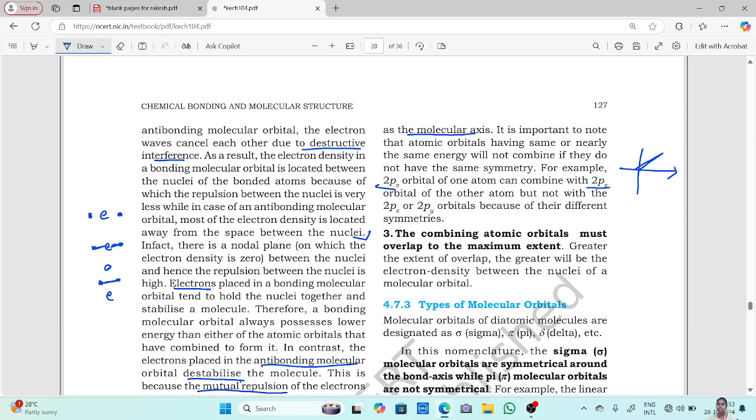From the center goes your z-axis. Okay, so all the axes are in different directions, right? All the axes are in different directions. This is y, this is x, and this is z. Now, if one